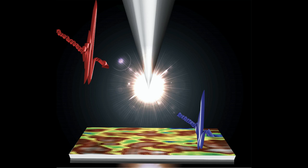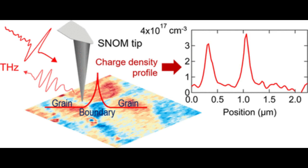The team expected MAPbI3 to behave like an insulator when they exposed it to the terahertz light. Since the data collected on a sample is a reading of how the light scatters when the material is exposed to the terahertz waves, they expected a consistent low level of light scatter throughout the material. What they found, however, was that there was a lot of variation in light scattering along the boundary between the